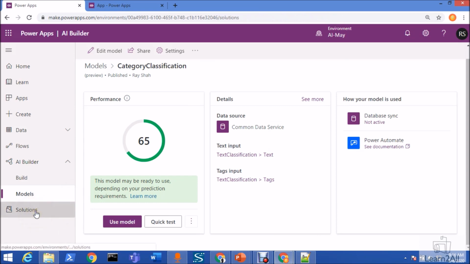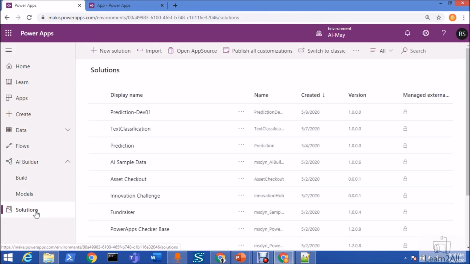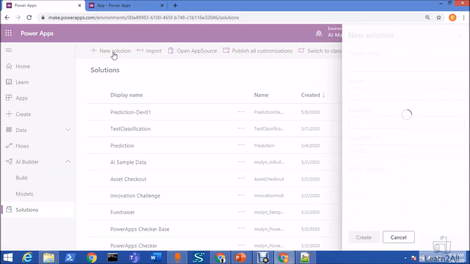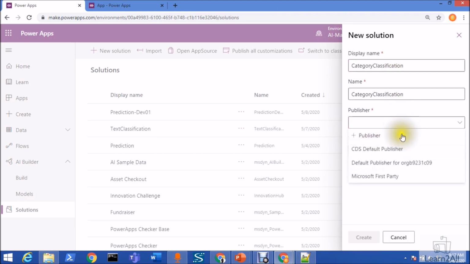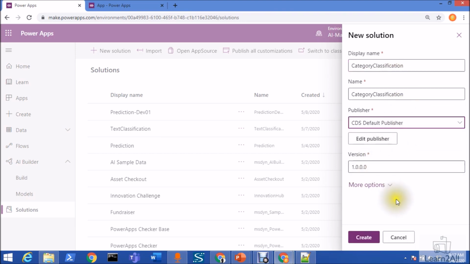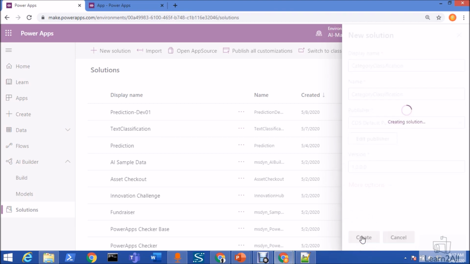For that, go to the solution. Now remember one thing: to implement this entire thing you need to create a solution inside Power Apps. For that, just click on new solution, give the name of your solution, category classification, select the publisher, and select version 1.0.0, then click on create.